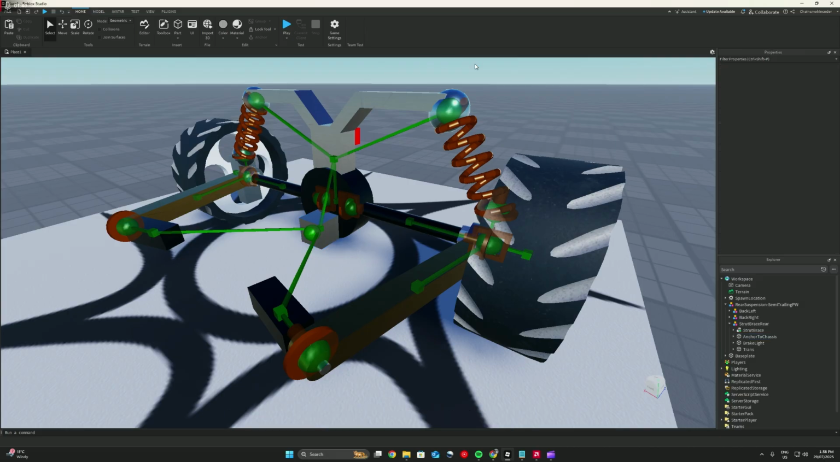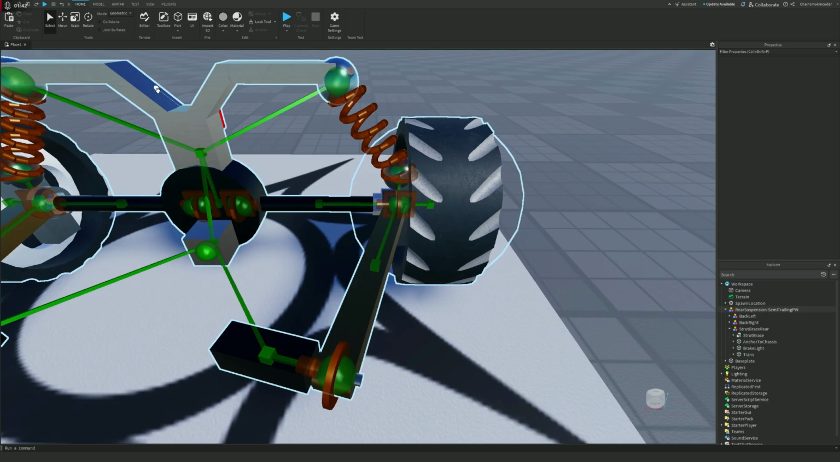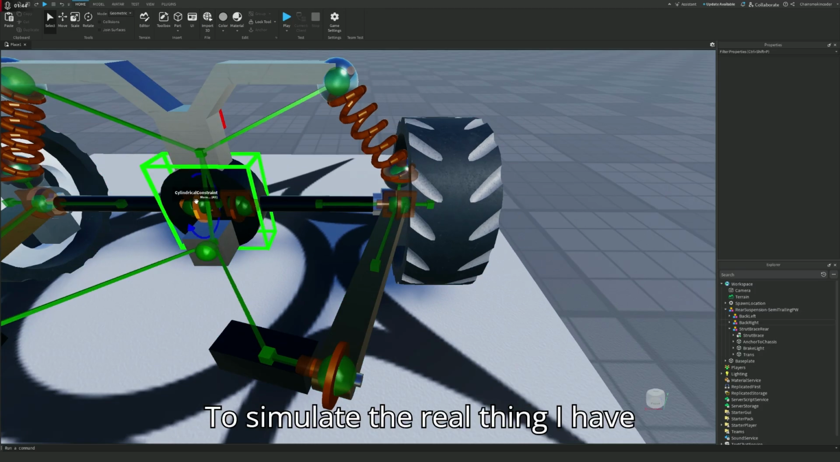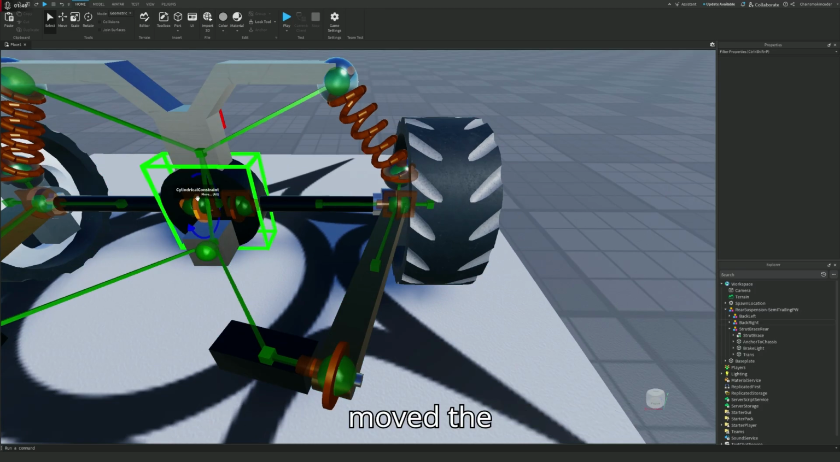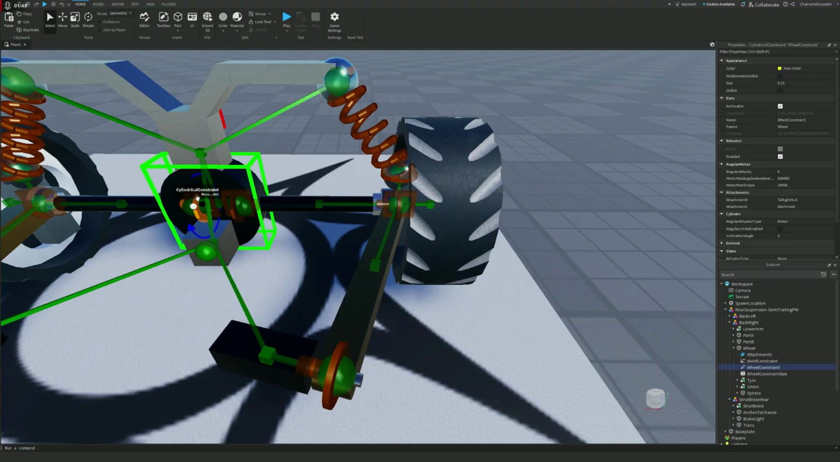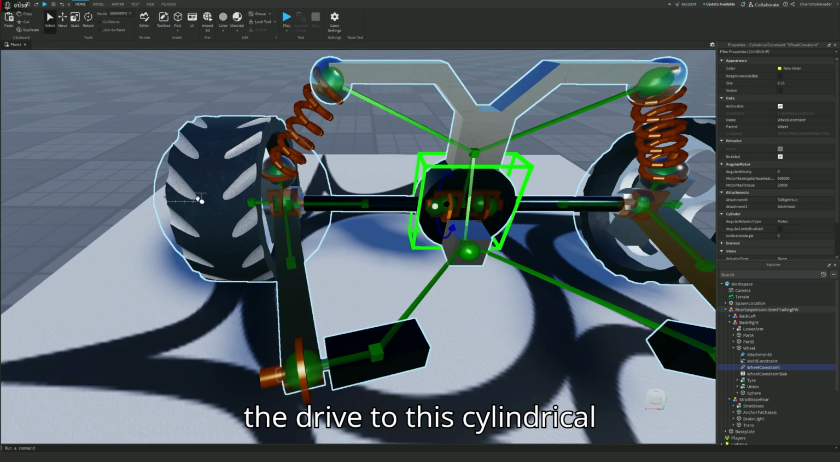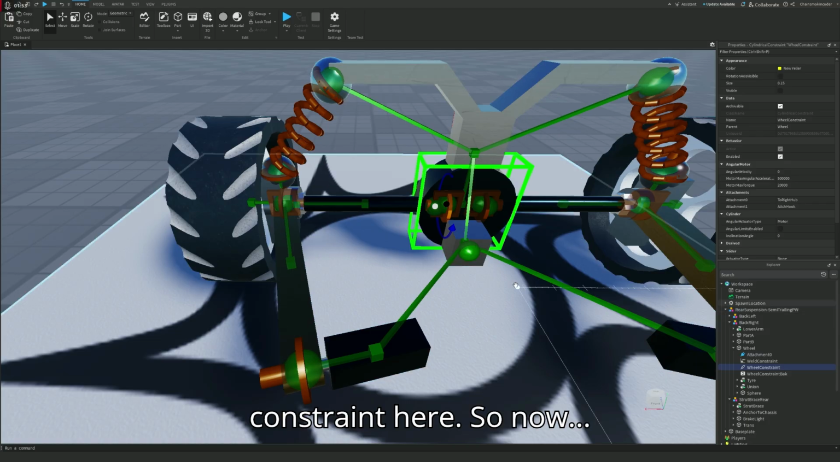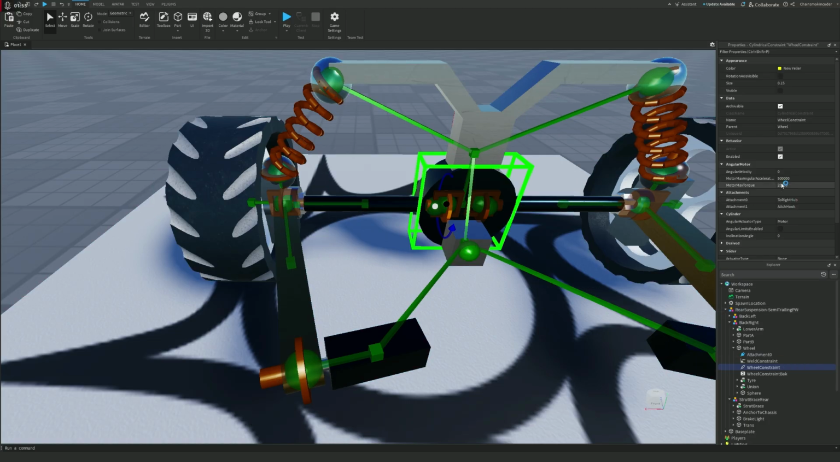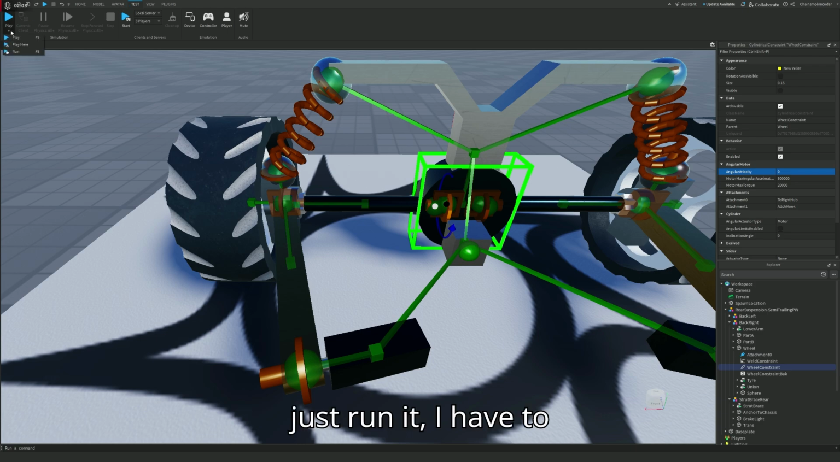Well, anyway, to simulate the real thing, I have moved the drive to this cylindrical constraint here. So now we have a motor on it, and if I just run it,